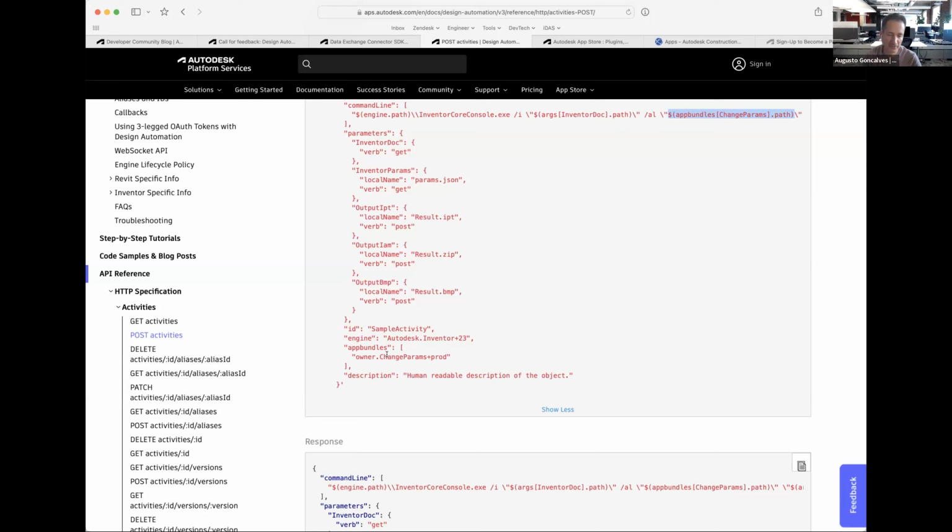No, this is just you telling Design Automation to load all those bundles. The one that you specify here is the one that will load first and execute, and you may load the others. But depending on what you have, those bundles will load differently. If you have an AutoCAD engine, you have to specify the instructions that have the commands you want to execute, and the commands tell you the order to execute them. That varies by engine, how the system will execute those bundles.